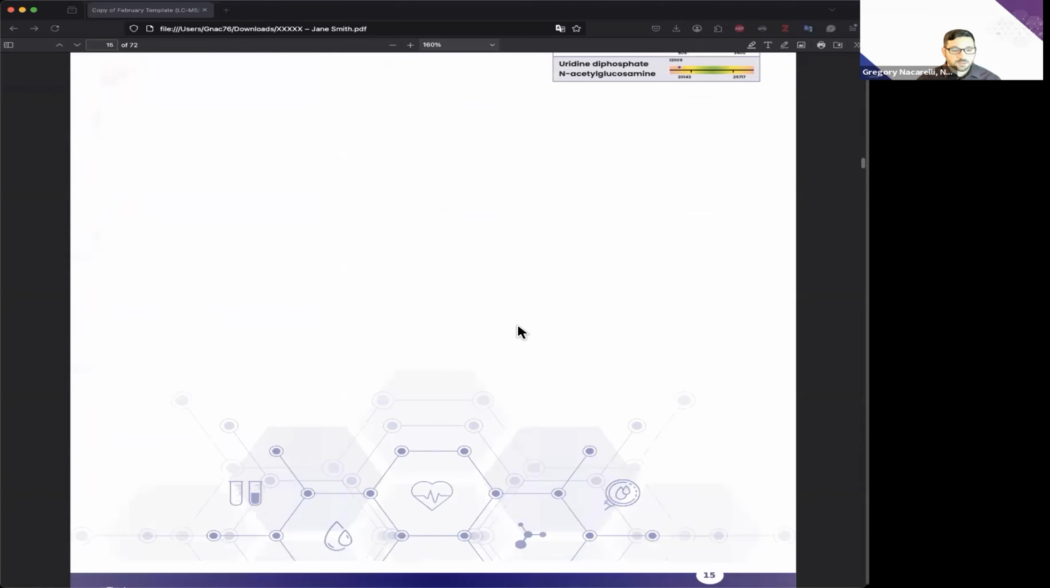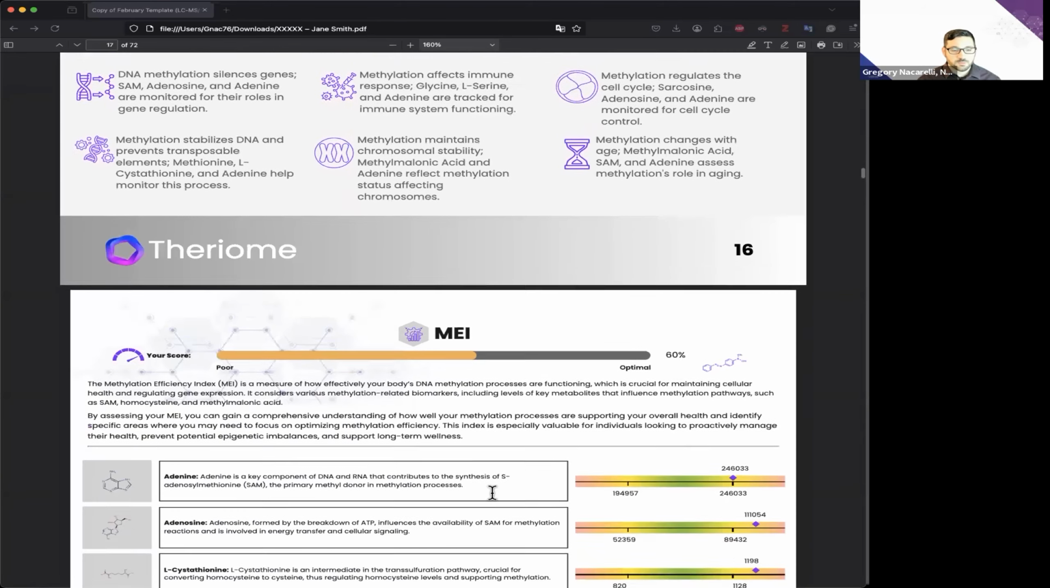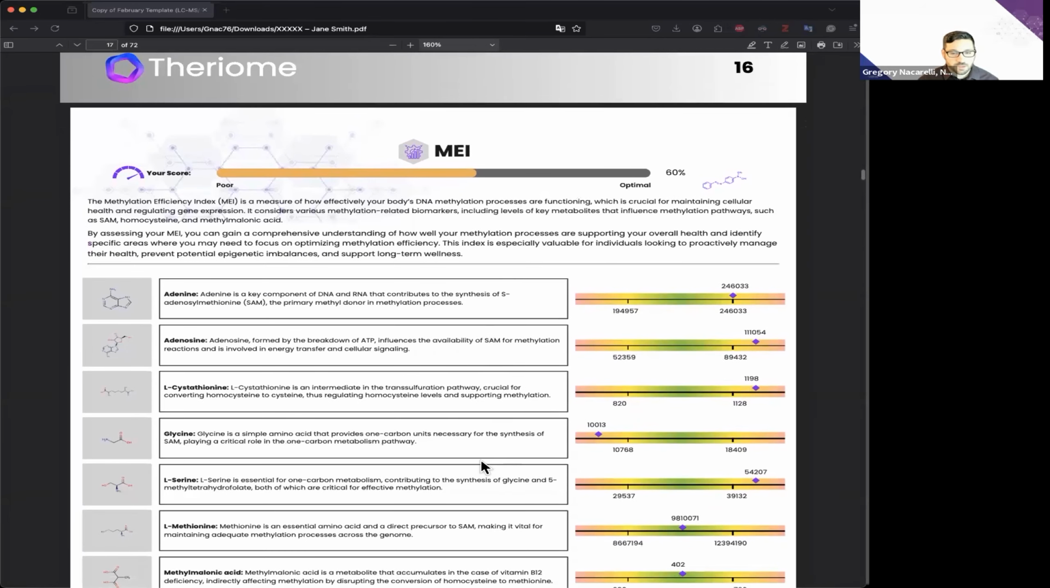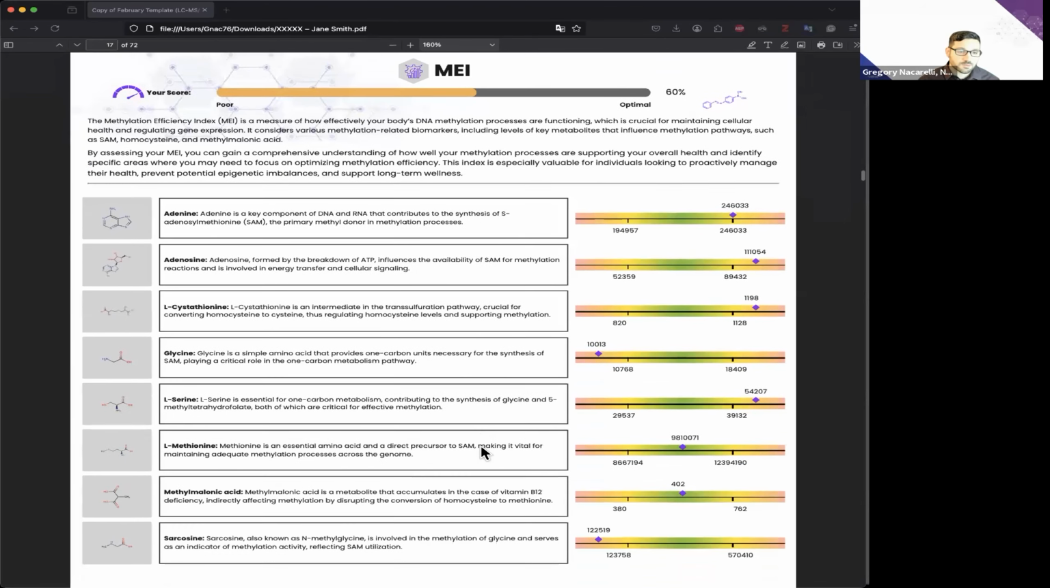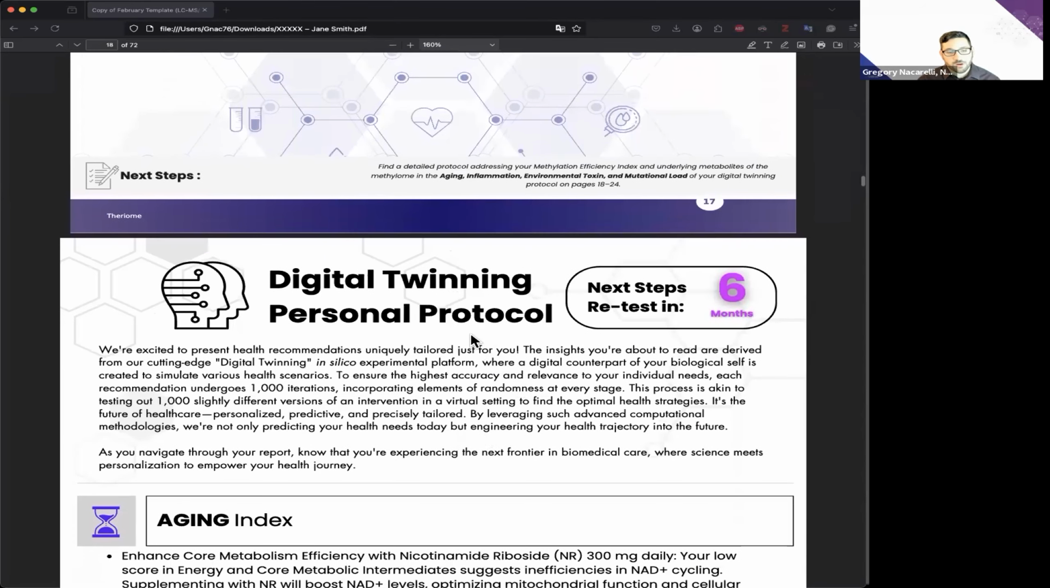And below these domains, we also have a methylation index, which is looking at methylation-associated metabolites and how that's affecting someone's ability to methylate efficiently. So we have various metabolites associated with that. We then have our digital twinning protocol section. So with this,